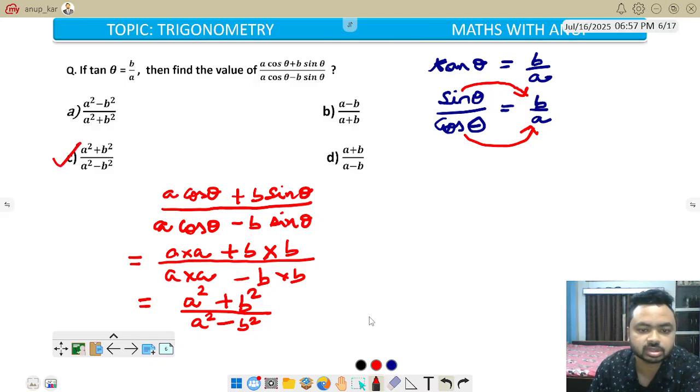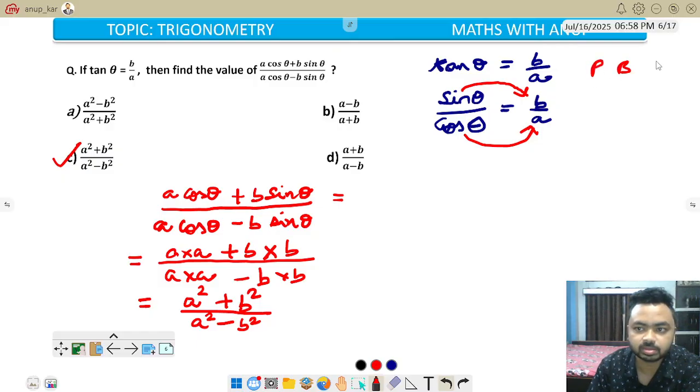So one question will arise: how did I write sin theta equivalent to b and cos theta equivalent to a ratio? Simple. Here we can see that again we have to use that technique,